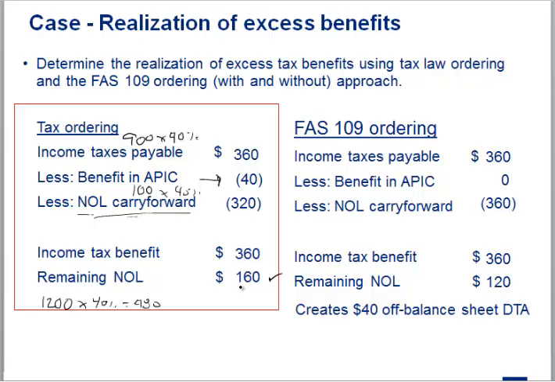Which, if you were thinking using a tax return brain, you would say that makes sense, because when you go to your tax return, you will have 400 of NOLs left, right? You would have had 1,200 of NOL to start. You would use 800, basically. You would use 100 of your excess stock compensation deductions. Well, I'm not sure I would actually explain it that way.